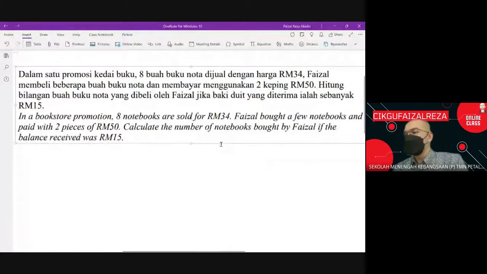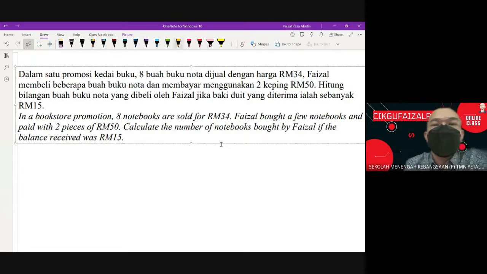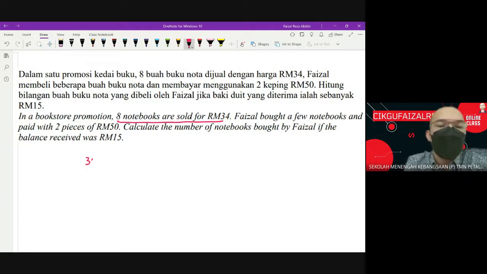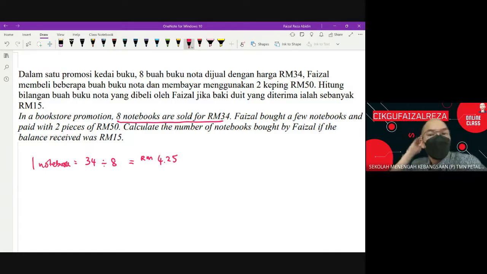Okay. First of all, 8 books over here is going to be 34 ringgit, isn't it? This one. 8 notebooks sold for 34 ringgit. So first of all, I'm going to find, for one of books over here, you are going to get 4 ringgit and 25 cents for one notebook. One notebook. Okay. So Faisal bought a few. Did we know how many of notebooks? No. But what we have over here,